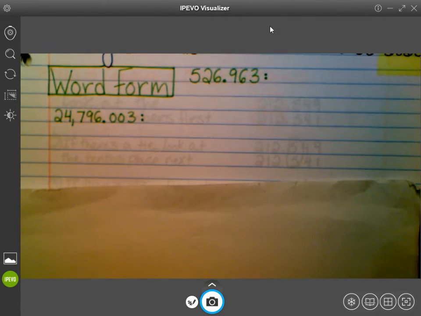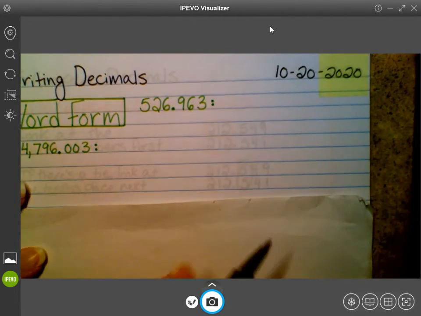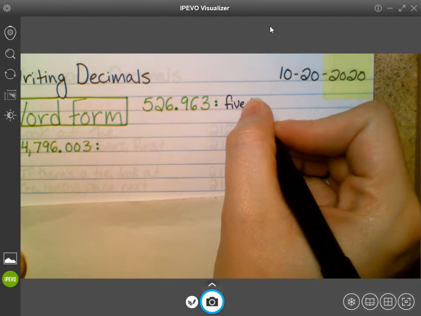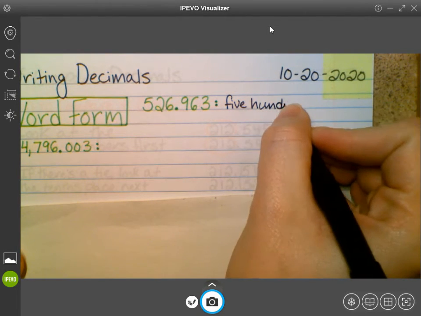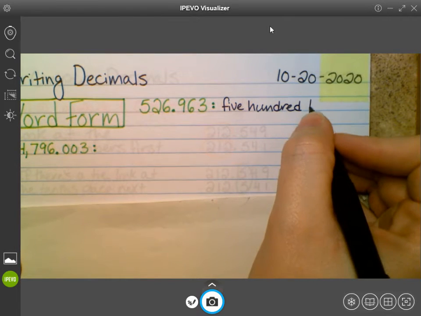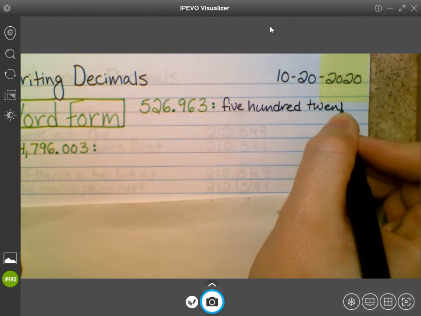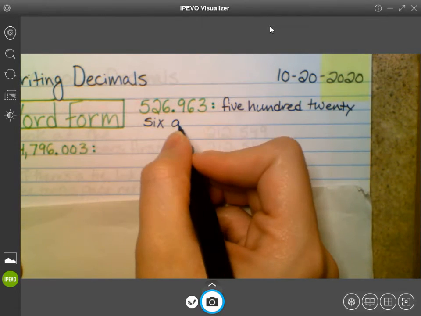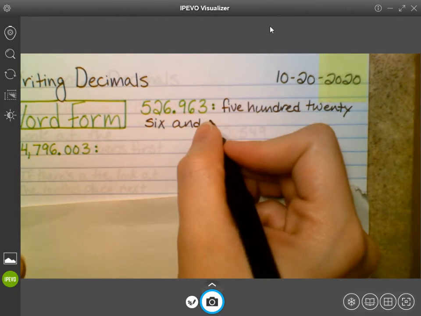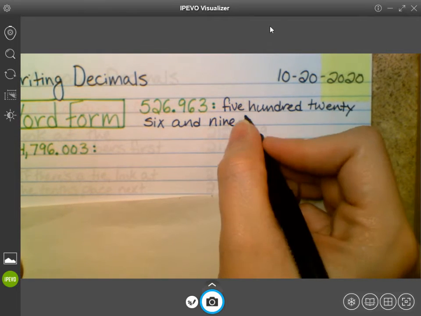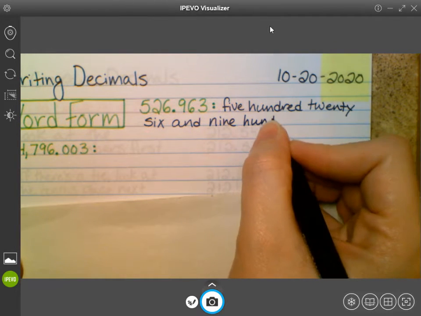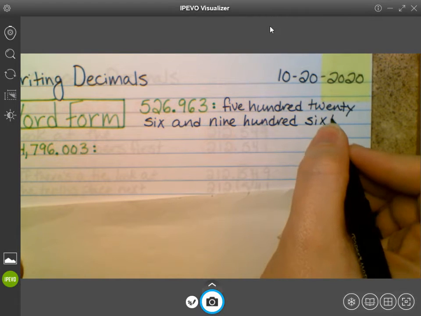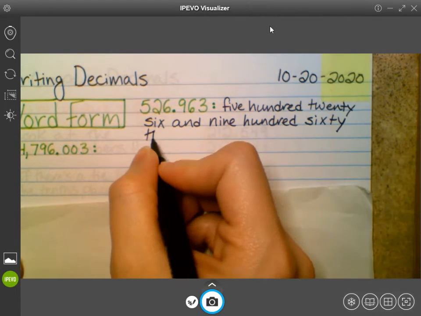So, let's grab my bracelet. You should have written it like this. 526 and 963